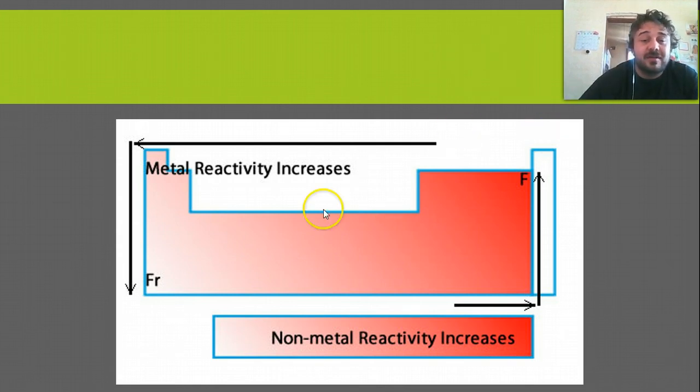for metals, this corner down here, francium that is, that's the most reactive of metals. This sort of corner, remember ignoring this last group here, which we'll talk about in another lesson, where fluorine is, the corner of fluorine is the most reactive for non-metals. So most reactive down here, most reactive here. Now the metals increase in reactivity as you go across to the left, non-metals increase as you go right, to the point where